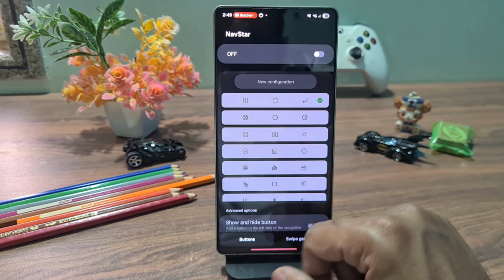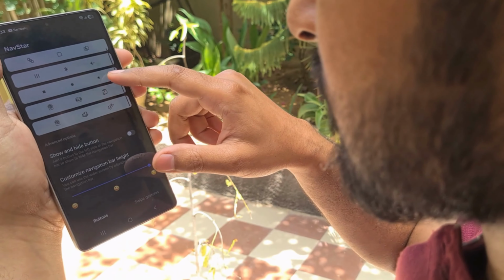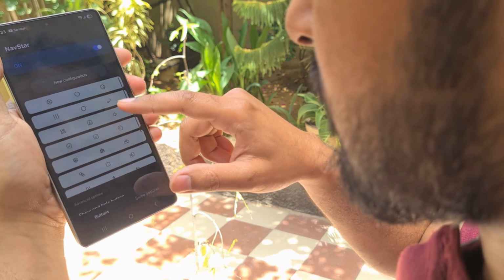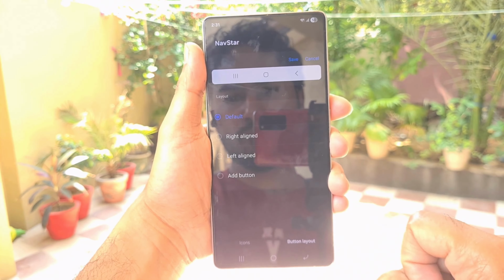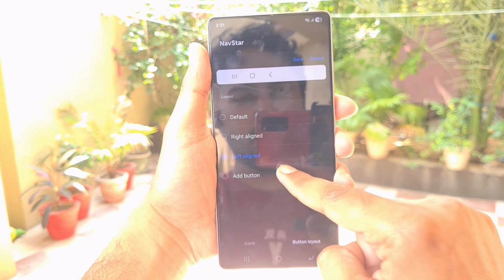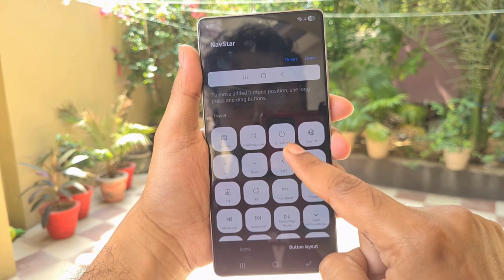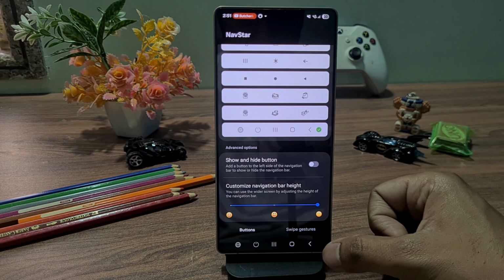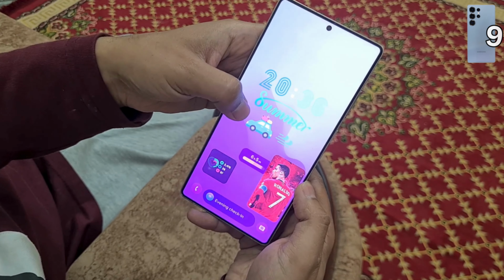But if you still want to use buttons, there's nothing wrong with that. You get the option to customize these too. So over here are a bunch of different options you can choose from. And some of them are really cool. But if you tap on new configuration at the top, then select a button, you can choose from all these different icons and even emojis or even images from your gallery, which is so much fun to play around with, especially if you're trying to match your whole look. Speaking of look, I think it's time to show you the lock screen.